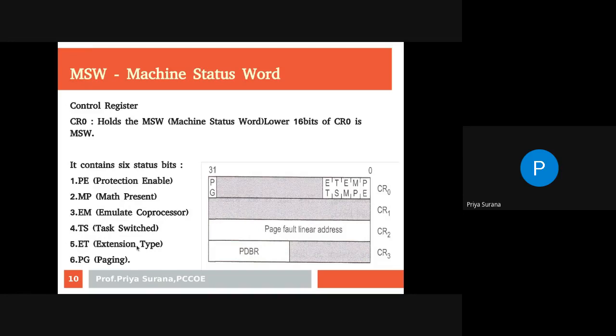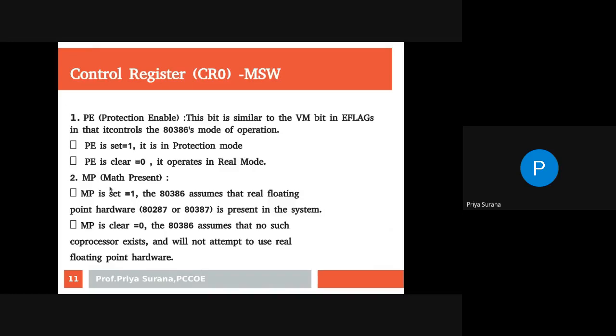These are single bits. If I say P, the value can be 0 or 1. Now the first bit, or zeroth bit, PE, protection enable. This bit is similar to the VM bit in EFLAGS.